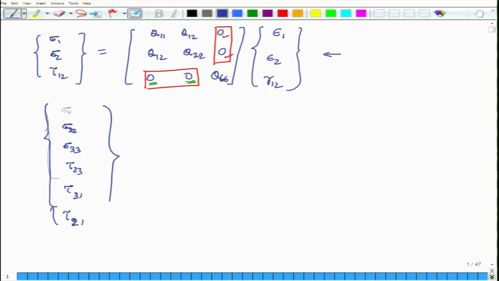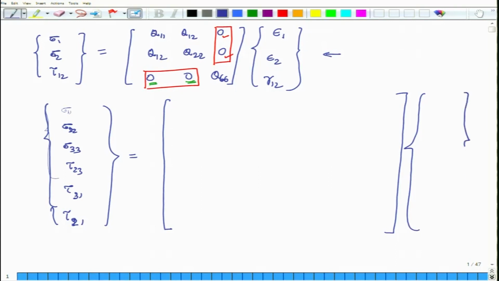So, this is my stress vector, and this is coupled to the strain vector through a 6 by 6 square stiffness matrix. The strain terms are epsilon 11, epsilon 22, epsilon 33,